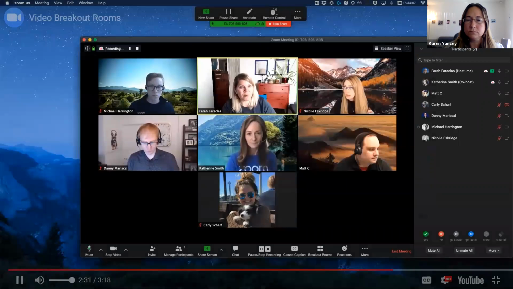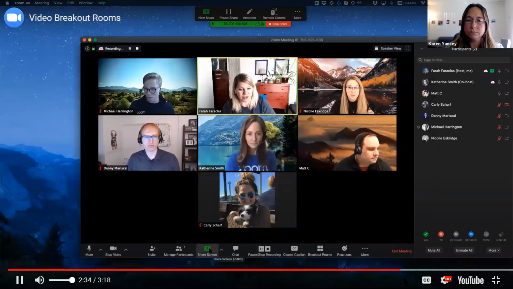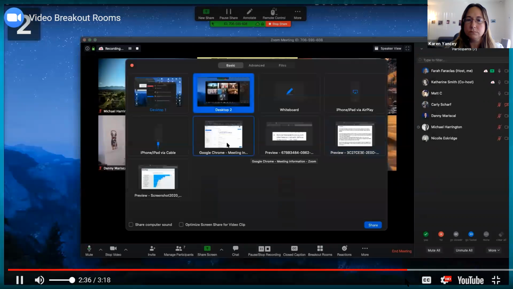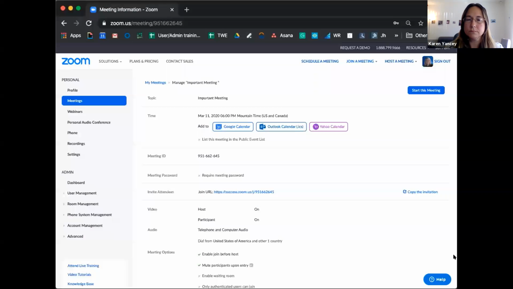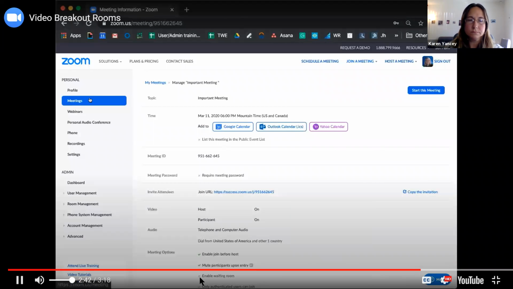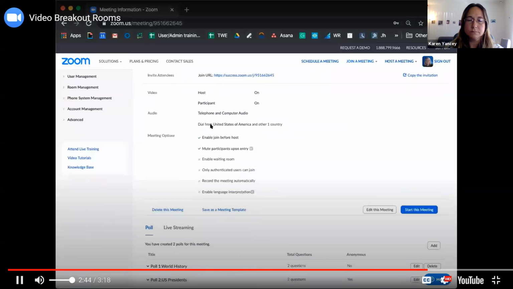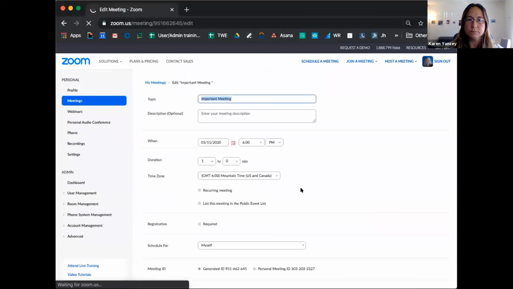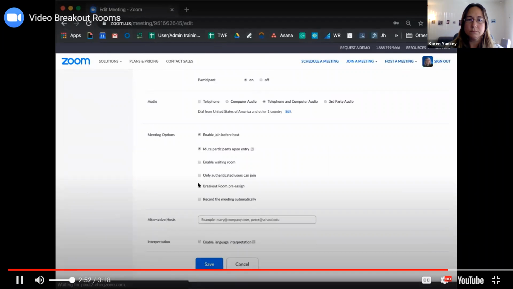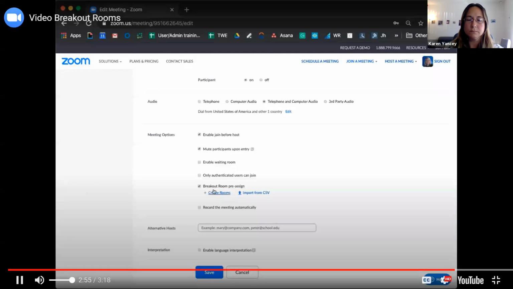I'll show you a setting where you can also pre-assign folks to be in your breakout room before the classroom starts. You'll want to navigate over to the class that's already been created in your Zoom portal. Under the Meetings tab, you can find your meeting. Scrolling all the way to the bottom, you'll see if we open this to re-edit it, I have the opportunity to pre-assign a breakout room here, and I can create the rooms and upload a CSV with all of my participants in advance so that their names are already populated in the room when I start the session. That's basically how you can run breakout rooms. We hope you found